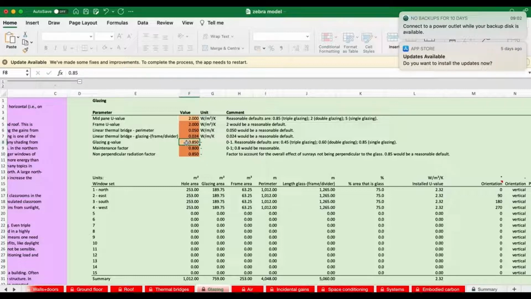And I've got complexity level 3 on, and you can see that a lot of dark brown cells have opened up rather than our light beige cells. And they're all the things visible at complexity level 3 and requiring input. But if you're just working at complexity level 1 but displaying complexity level 3, just go for those light beige cells. So we're going to have double glazing now. And we're going to put in 0.6 there for the G value because that second layer of glass stops a lot of light getting into the space. Okay, and now let's scuttle back to space conditioning.